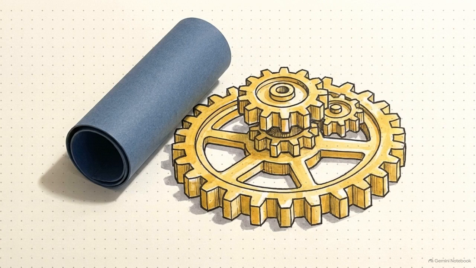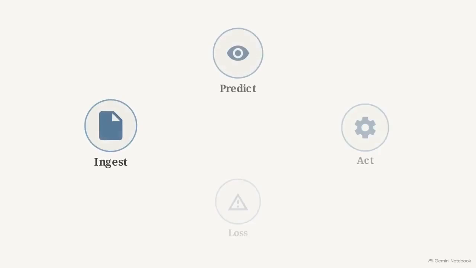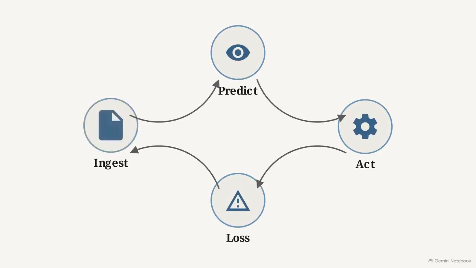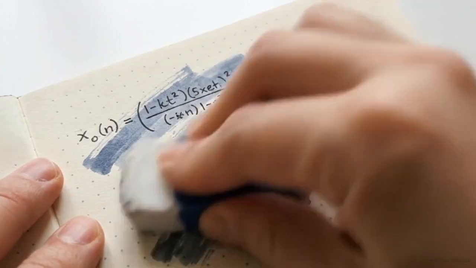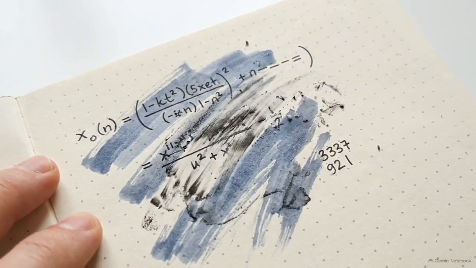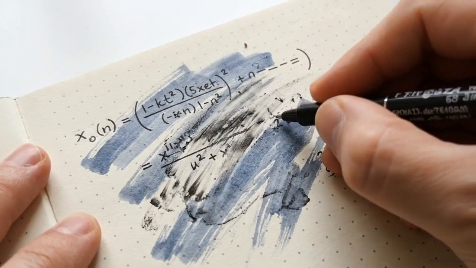To turn that structure into a system that actually learns, we have to introduce a continuous cycle. This closed-loop flowchart illustrates the cycle. Information enters, the system predicts, acts, measures loss, and returns data. Without feedback, it isn't learning. Backpropagation adjusts future attempts based on loss, just as the gap between intention and result changes human behavior. Learning in any environment requires friction. We have to use the measurement of our mistakes to adjust our internal weights before we try again.